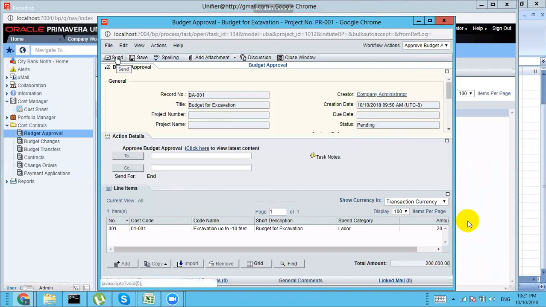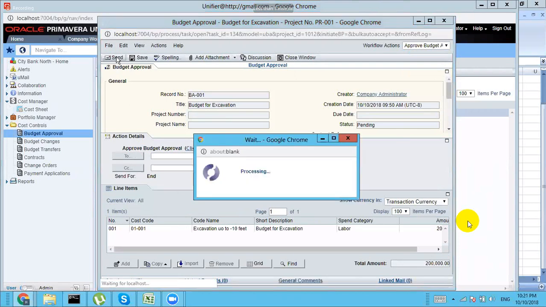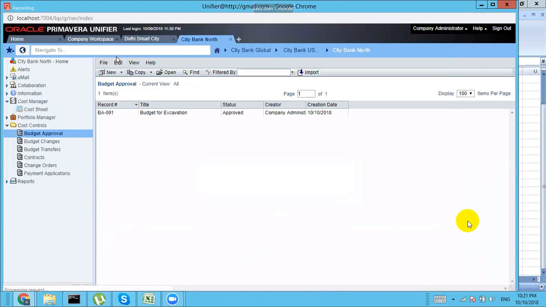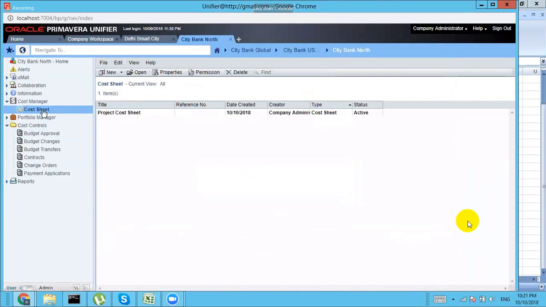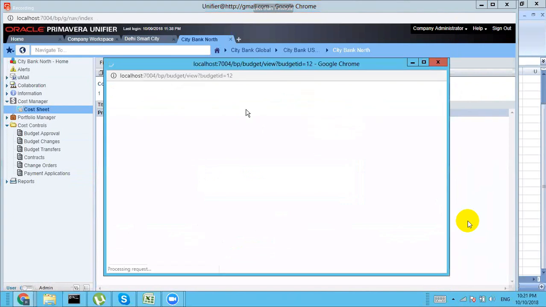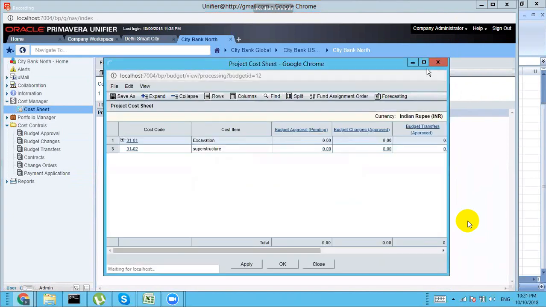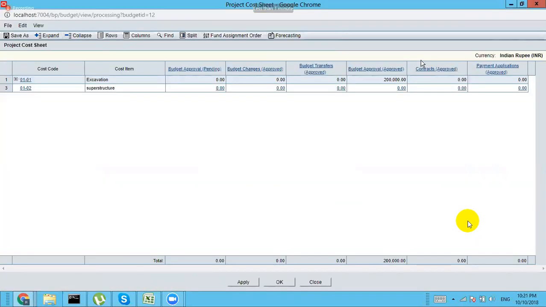Okay, and send it. You can go to cost sheet, open it. So you find here for this cost